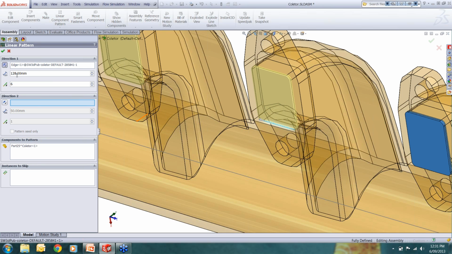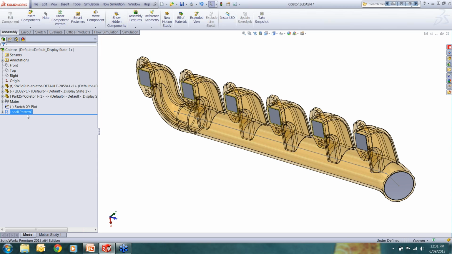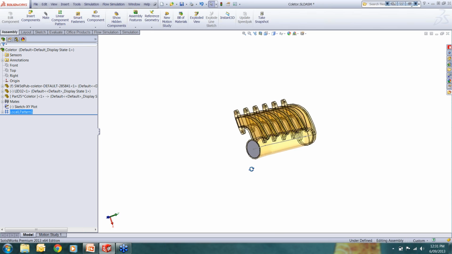On the reverse, I have measured the distance before, 120, and we need 6 of them. You can get the preview and you see it's all been created here. So clicking OK, we have our second feature as the linear pattern, and now we can say we have closed all the openings and